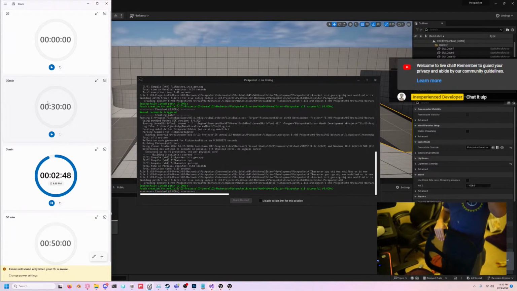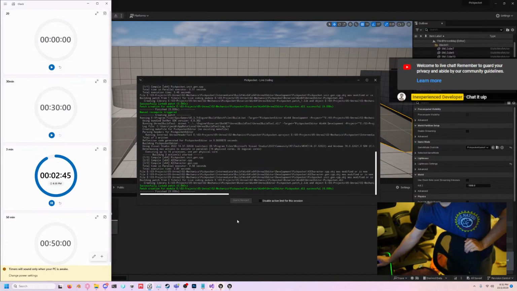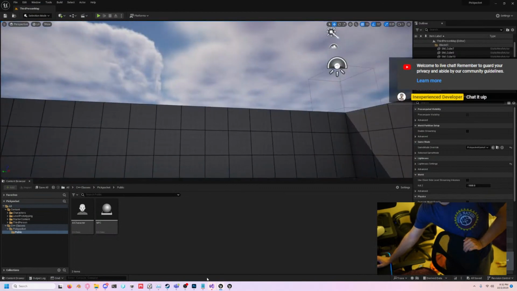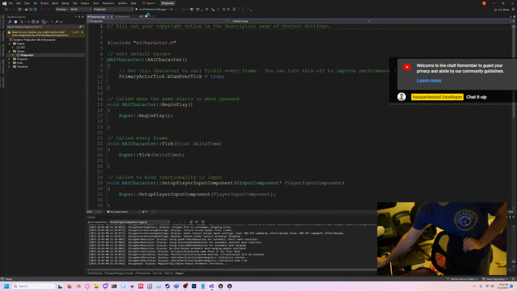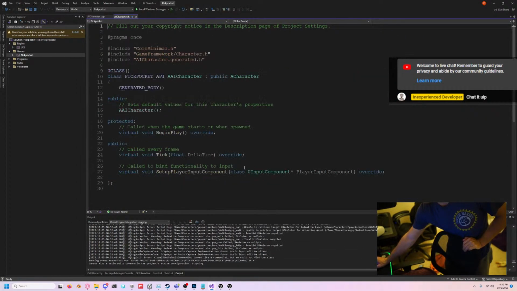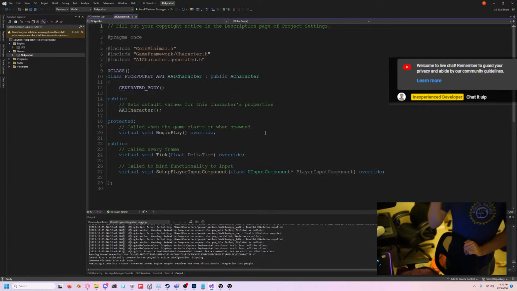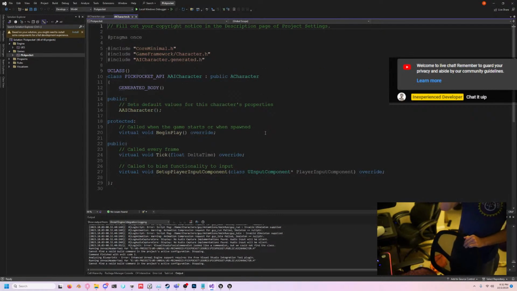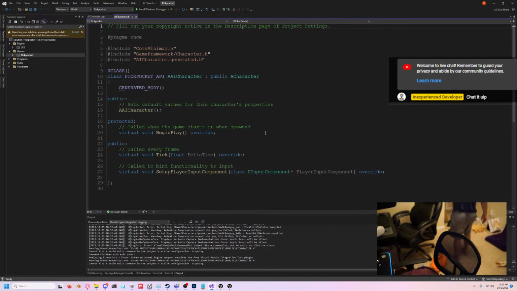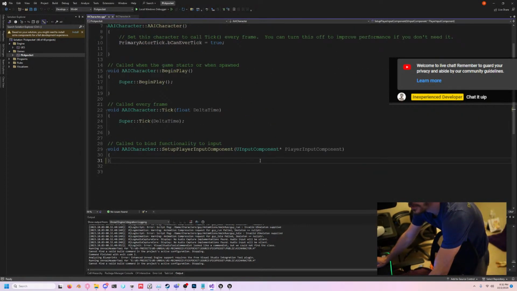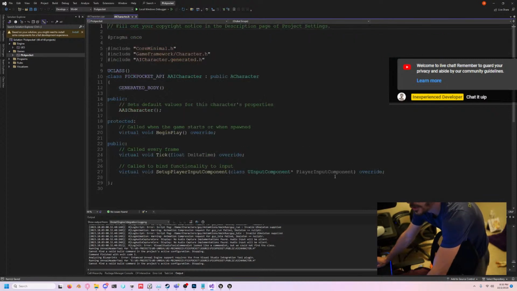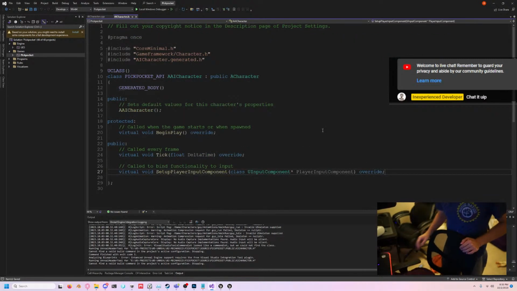Okay. So right now we got this guy crouch walking and all this stuff. What I want to do is create an AI character that will move to actor. Set up player input component. We don't have a player input component because we're not player input, but it's fine. I think for this one, you get rid of the super, and we're good there. And then we have to do